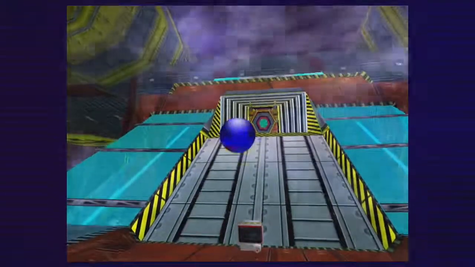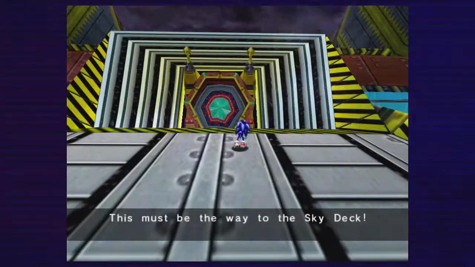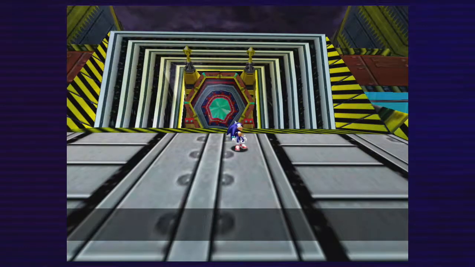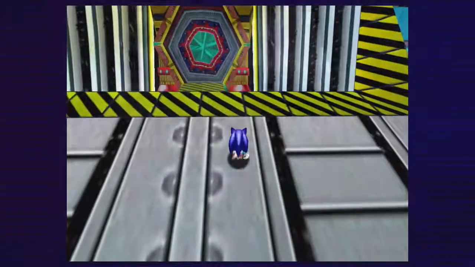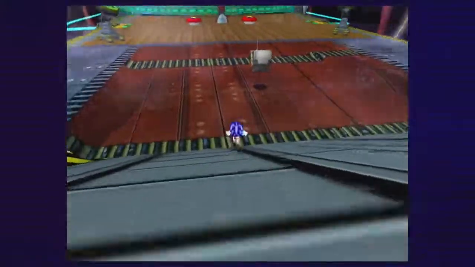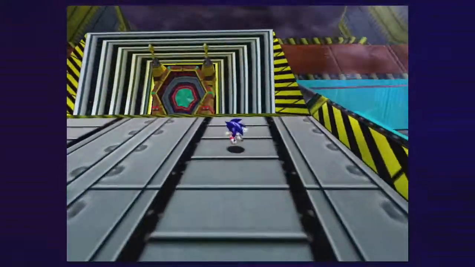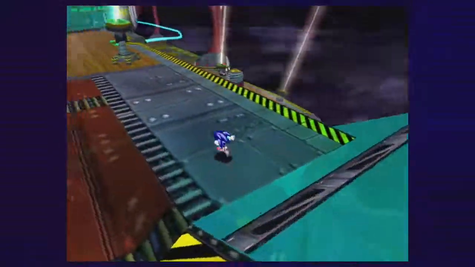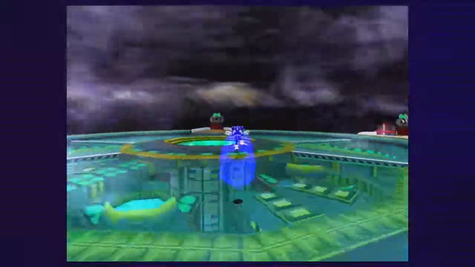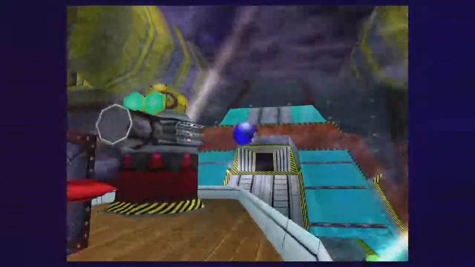you know how the cutscene kind of panned towards that door? Well, when you approach the door, "This must be the way to the sky deck." Like, the game pretty much tells you this is the sky deck. And then they feel the need to show you again. It just feels a little bit redundant, and they also do that again in Tails' story, so I'm not quite sure why. It doesn't make a ton of sense,